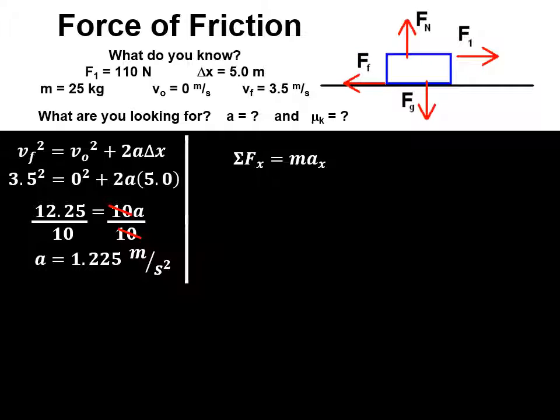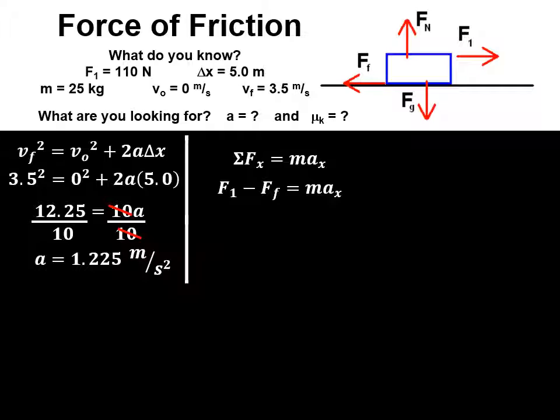All right. Well, there's only two forces in the x direction. That's force 1 and force of friction. Force 1 is in the positive direction. Force of friction is in the negative direction. And that's where this negative comes from. Where this minus comes from is because the force of friction is to the left. So force 1, which is forward, minus the force of friction because it's backwards, is going to be equal to